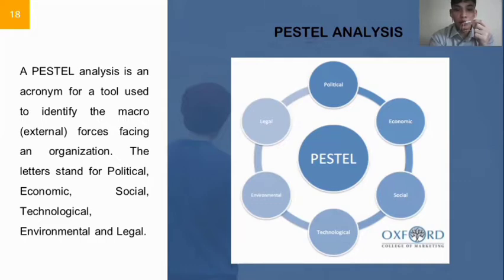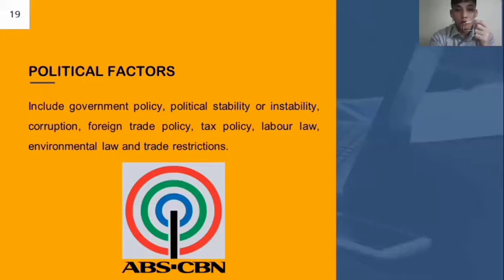So it's important when undertaking such analysis that the factors affecting the organizations are not just identified but are also assessed. For example, what impact they might have on the organization. Next, the first factor is political. These factors are all about how and to what degree a government intervenes in the economy or a certain industry. So basically, all the influences that a government has on your business could be classified here. This can include government policy, political stability or instability, corruption, foreign trade policy, tax policy, labor law, environmental law, and